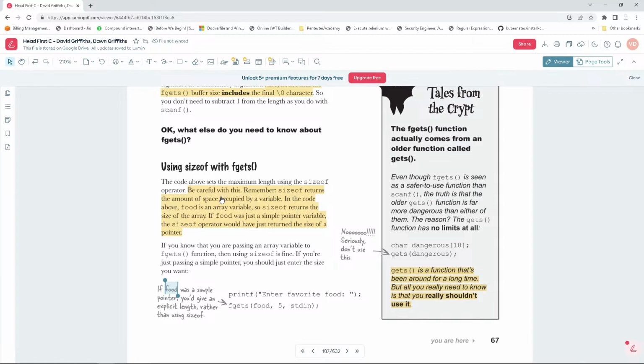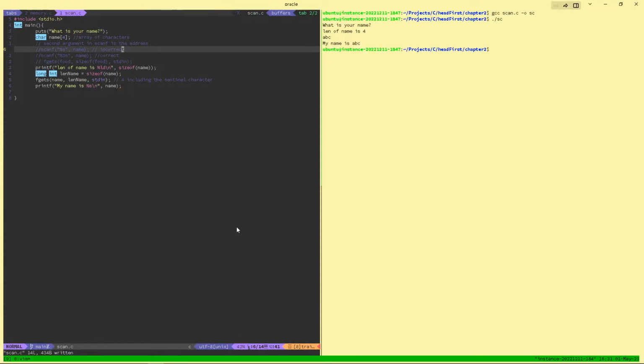Be careful. Remember, sizeof returns the amount of space occupied by a variable. In the code above, name is an array variable, so sizeof returns the size of the array. But this will not happen as we have already discussed: if we pass it to the function, then it is a pointer variable, and if we then apply sizeof,